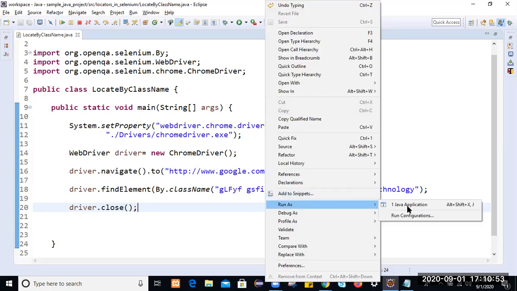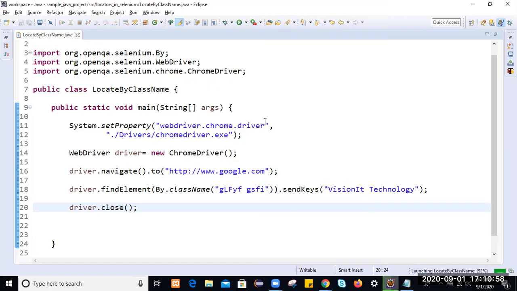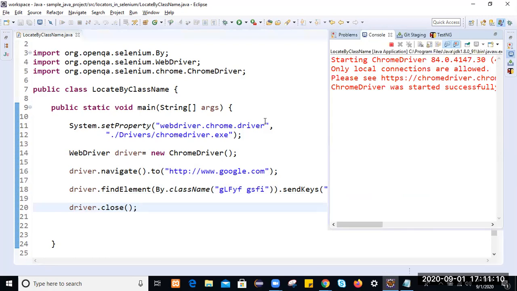The class name is not always a unique web element. Always go with some other locator which is unique on the web page. You will get a unique web element by using name, ID, tag name, or link text.